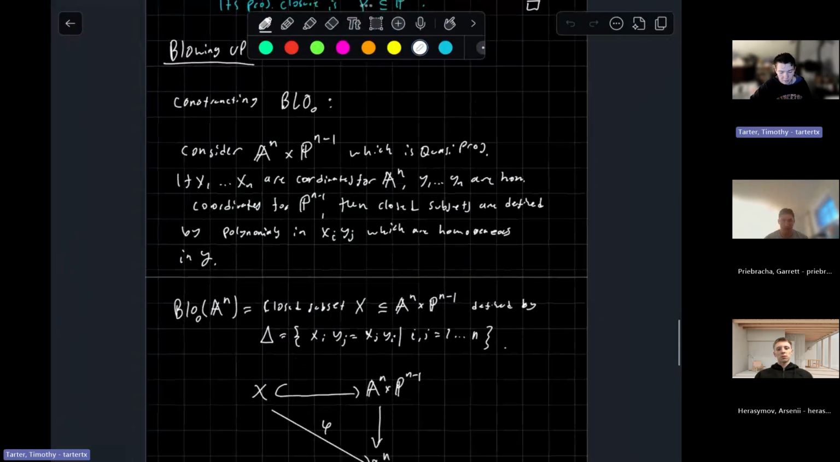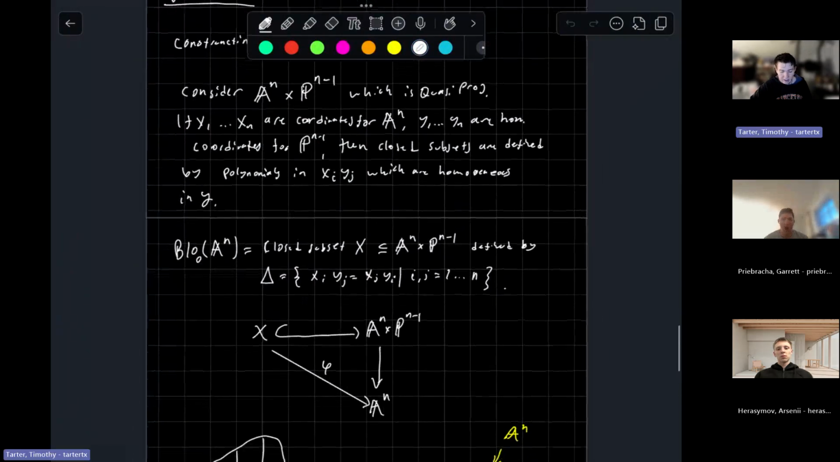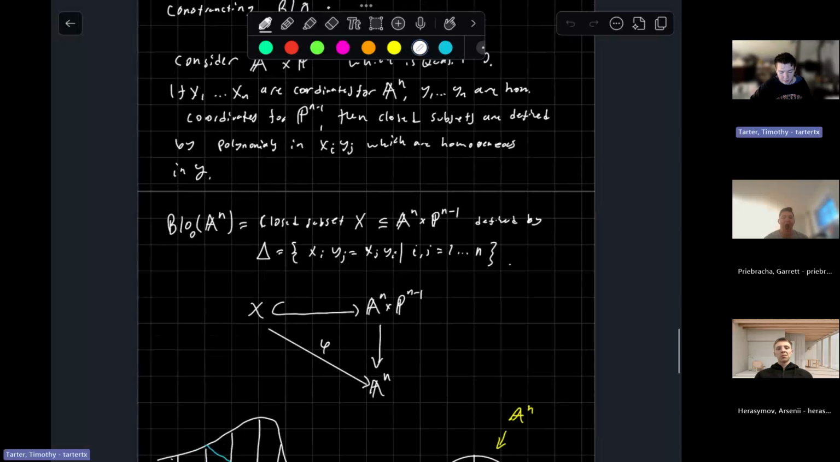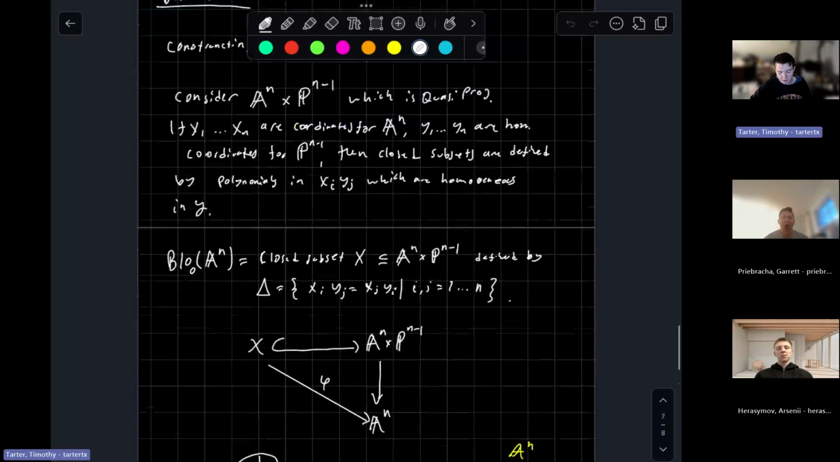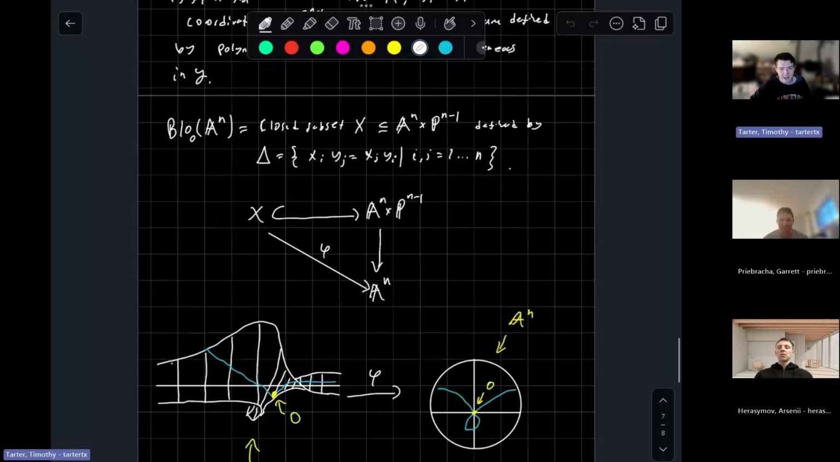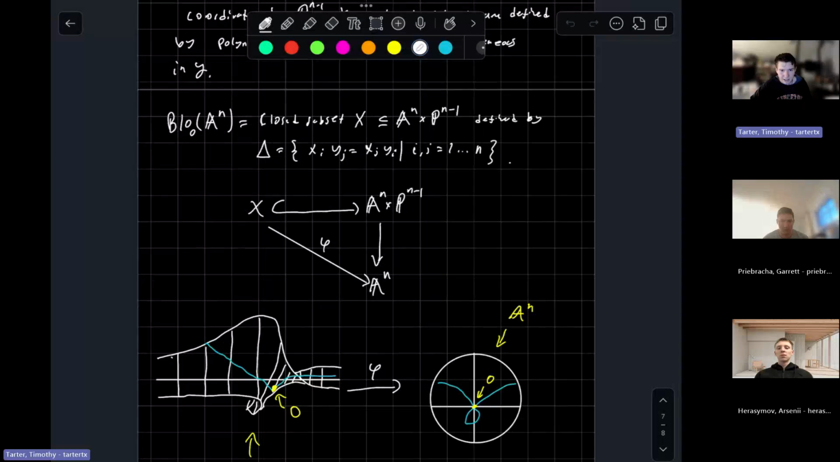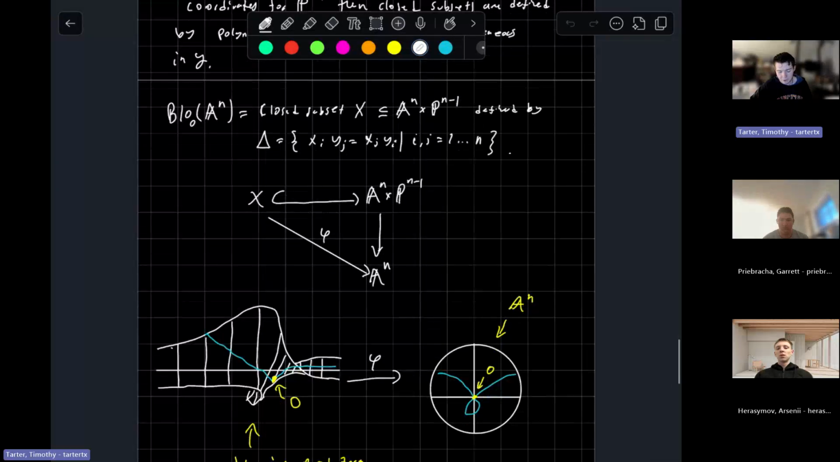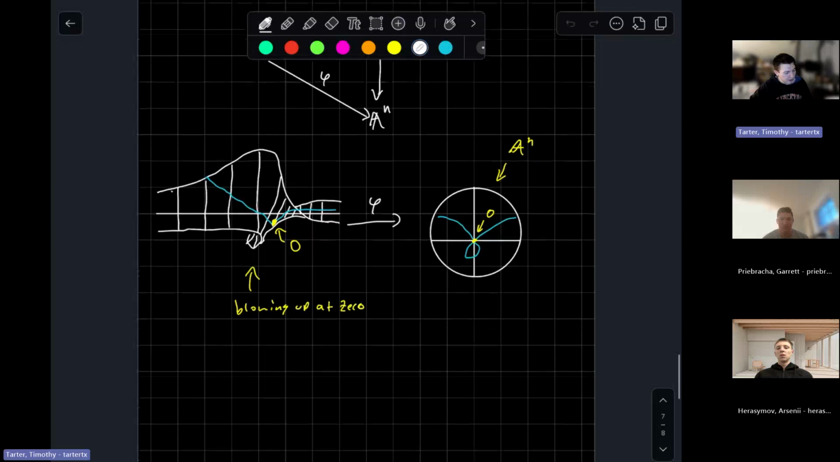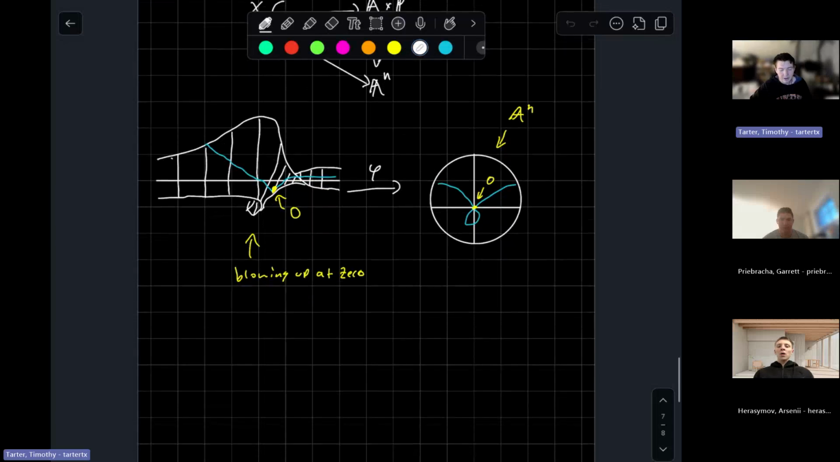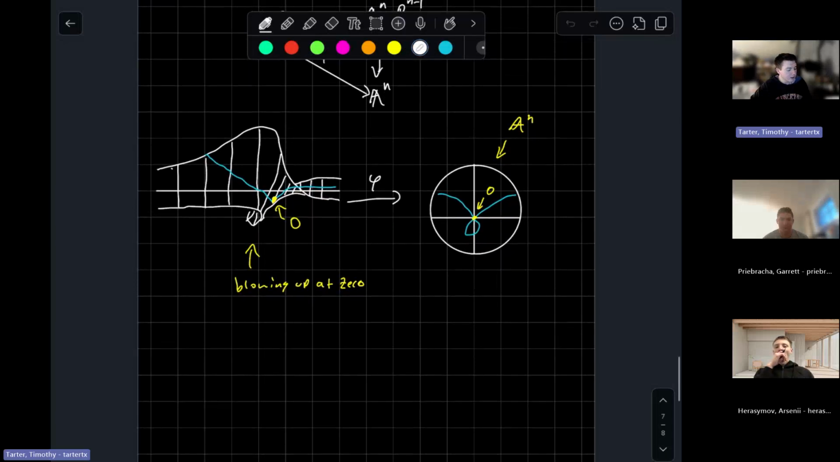So we were talking about the blow up of a variety, where basically the blow up of AN ends up being the diagonal subset of AN across Pn minus 1. And what that looks like geometrically is taking your curve where, like,